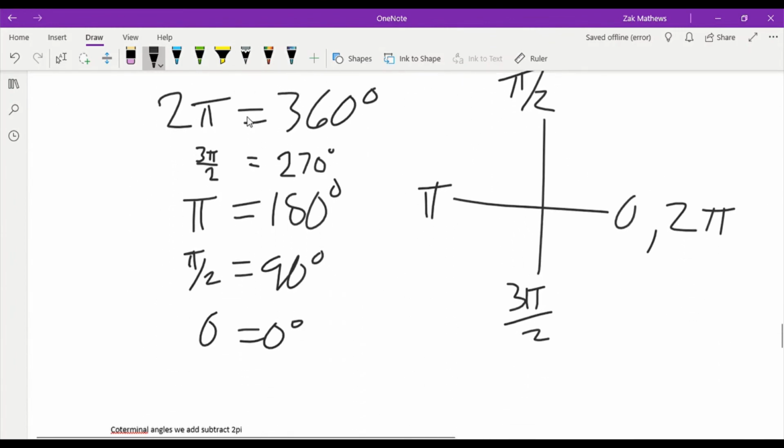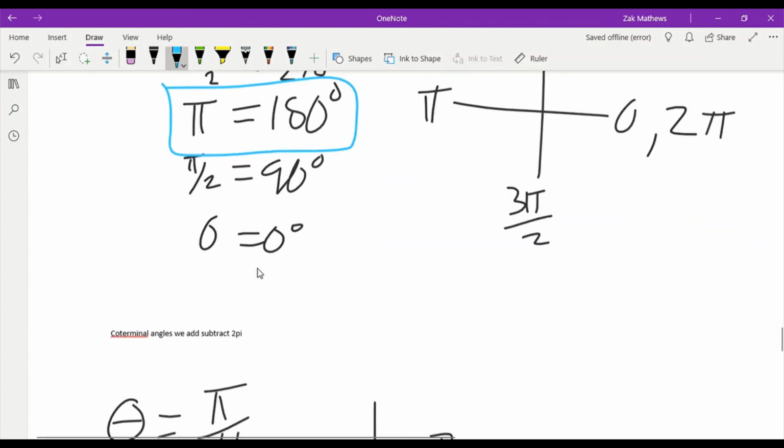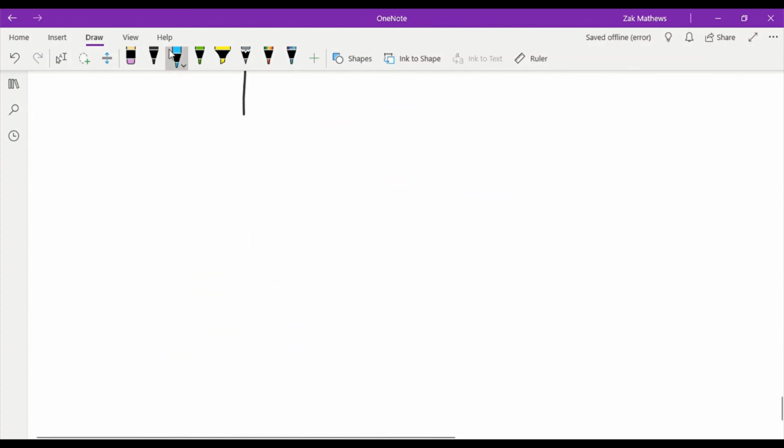Here we go. There are times that we have to work with degrees, or there are times that we have to work with radians, or if we're given a mixed bag, we need to get, of course, all of one or all the other so we can work with the problem. I can work with any of these comparisons, but the easiest one that I see is this comparison right here. Pi equals 180. It's the most simplified, and it's not dealing with any sort of fraction. So pi radians is the same as 180 degrees,